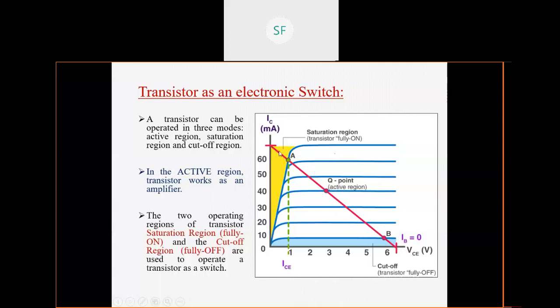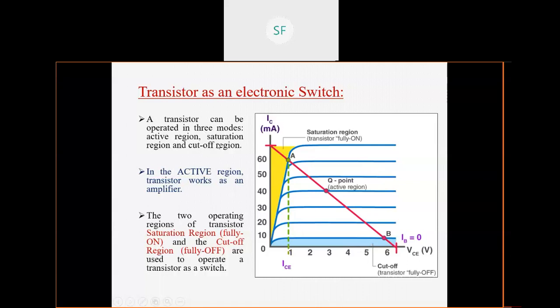Alright, so we have already seen this graph and identified different regions. This particular region is called the active region. This yellow shaded portion is called the saturation region. In this saturation region, your transistor will be fully on. What do you mean by fully on? We will see that again. In this blue shaded region, your transistor is cut off, which means the transistor will be in the fully off state. We have to operate our transistor at these two points, at point A for saturation and at point B for cutoff. मतलब इस येलो शेड में आप कहीं पे भी ऑपरेट कर सकते हैं. सिमिलरली इस ब्लू शेड में भी आप कट ऑफ रीजन में कहीं पे भी अप्लाई कर सकते हैं.